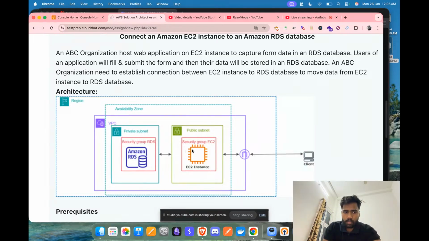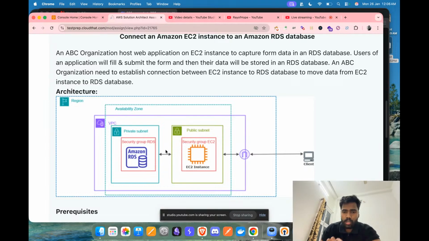Then once you access the web app on the EC2 via HTTP or HTTPS on the public internet, this goes to the EC2 instance. Then it will go to the RDS, which is in a private subnet, and whatever application is hosted on the EC2 will connect to the database over the private network,